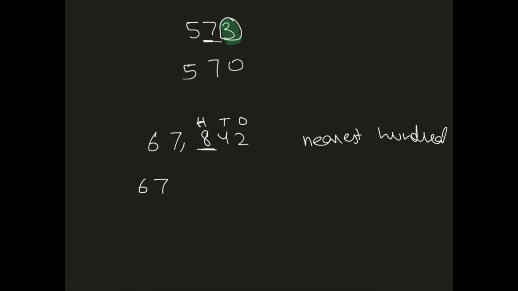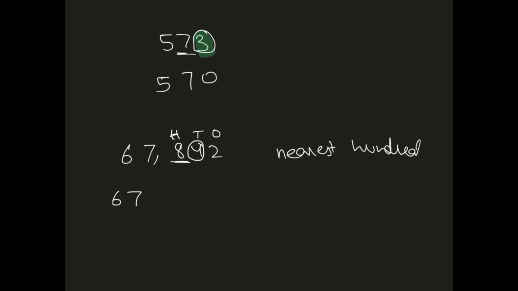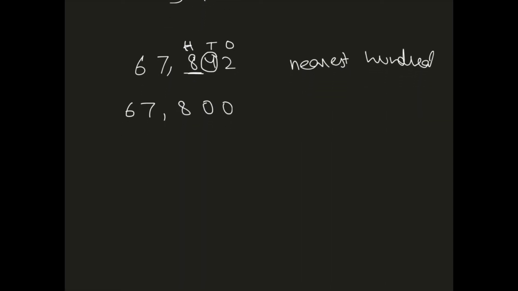Now the number on the right hand side of it is 4. Since 4 is less than 5, the second condition is being fulfilled, so the underlined number will also remain the same. So 8 remains the same, and anything after the underlined number turns to 0. So 4 and 2 become 0. But instead if we had